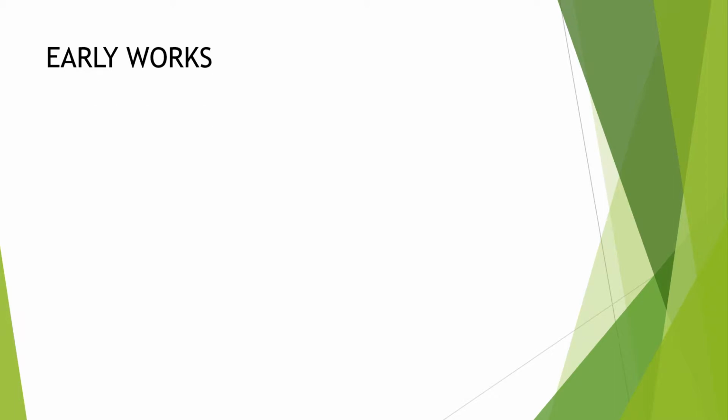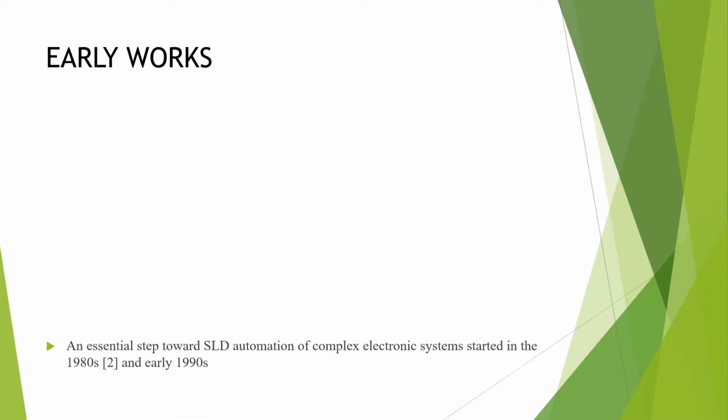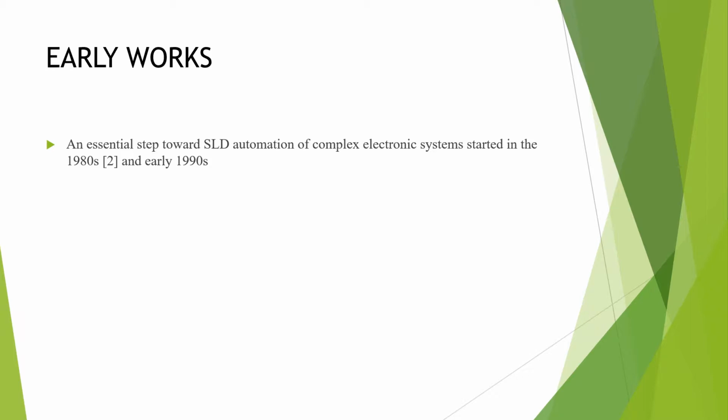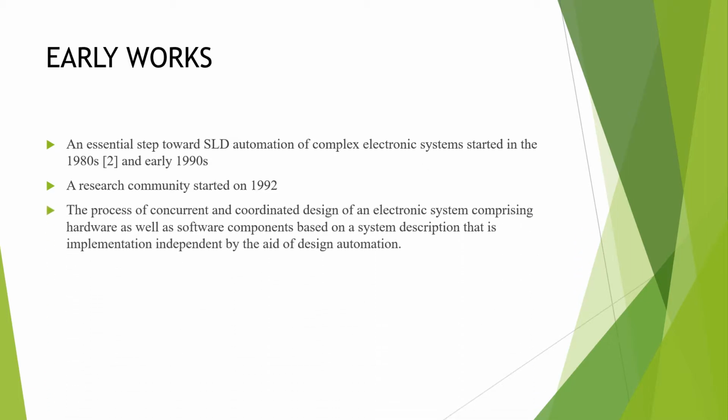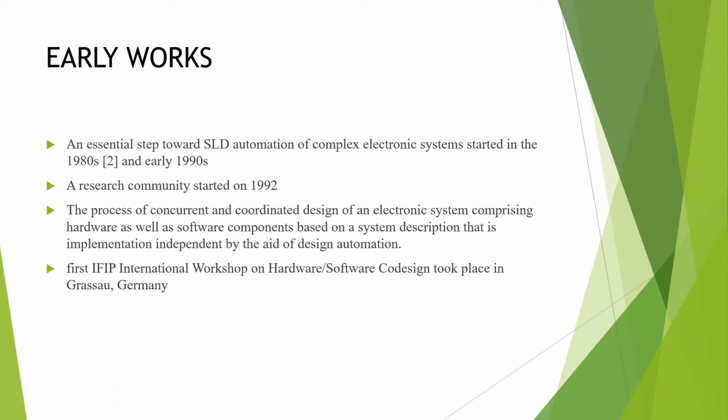The early days: an essential step towards ESL design automation of complex electronic systems started in the early 1980s and the early 1990s. A research community was started in 1992. A procedure of concurrent and coordinated design of an electronic system comprising hardware as well as software components based on a system description that is implementation independent by the aid of design automation. The first IFIP International Workshop on Hardware Software Co-Design took place in Zürich, Germany,